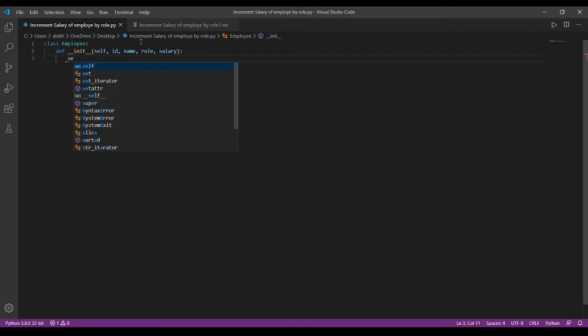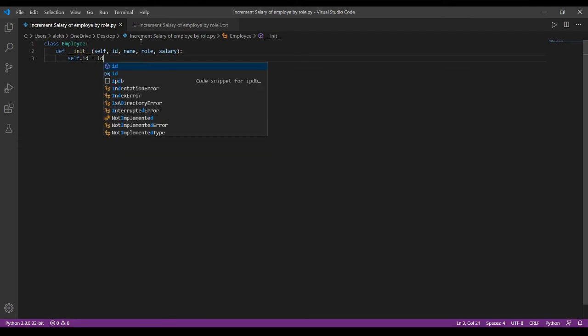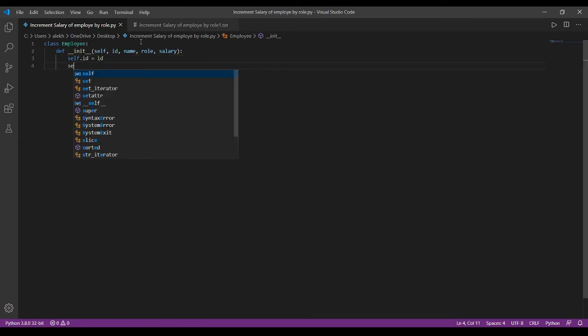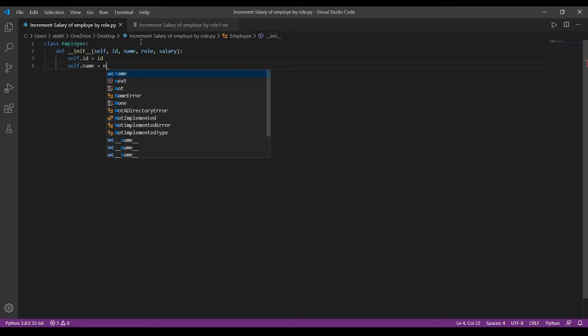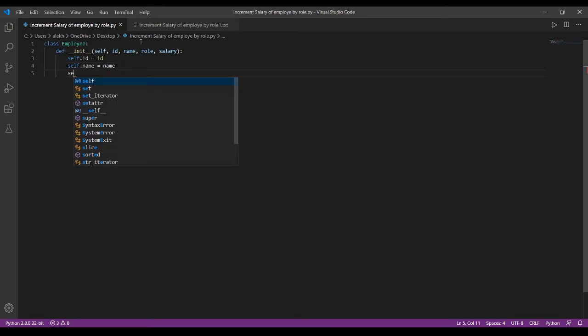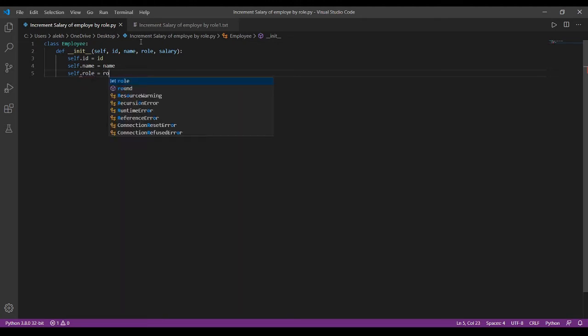Next we need to initialize them. self.id is equal to id. Yes, we initialized all the variables.